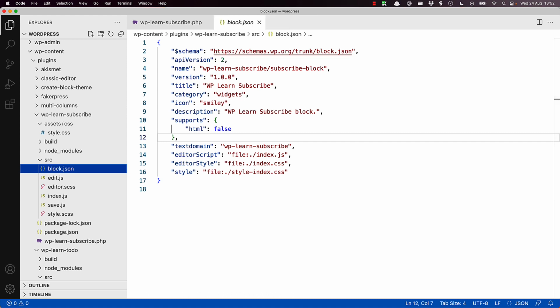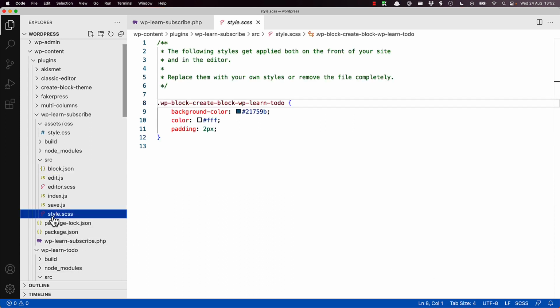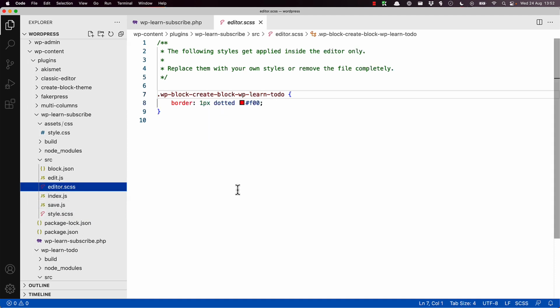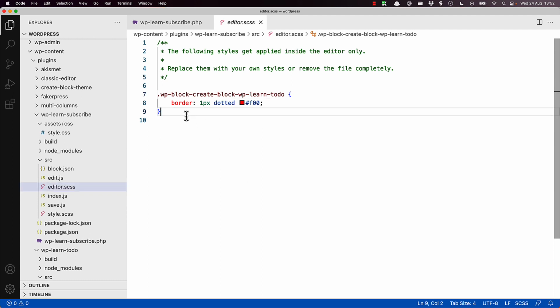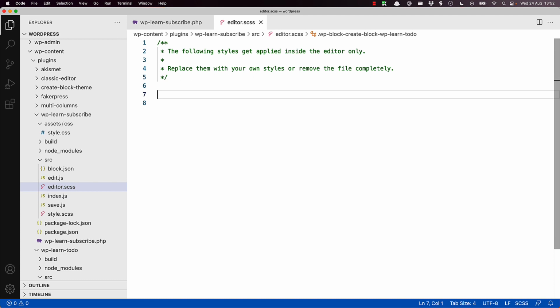The style.scss file in the source directory is used to create the style file. The editor.scss file in the source directory is used to create the editor style file. Currently, both of these files contain the scaffolded code from the previous tutorial, so we can clear them out. Delete that,